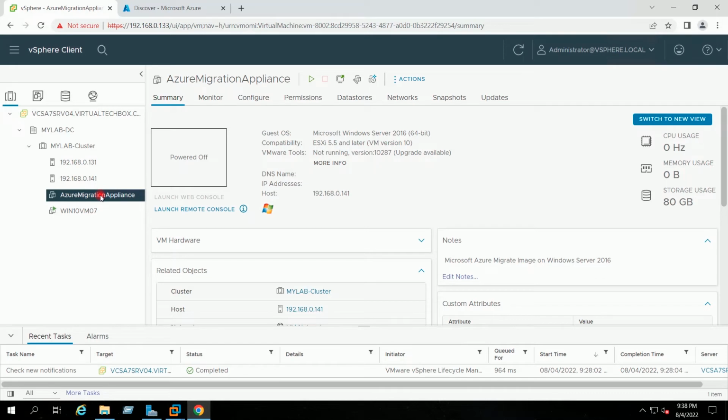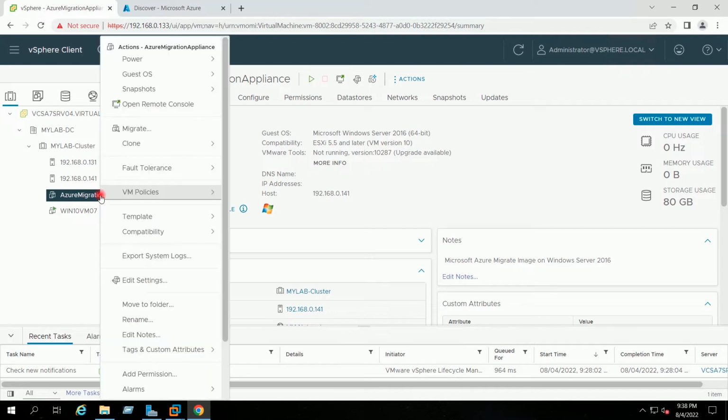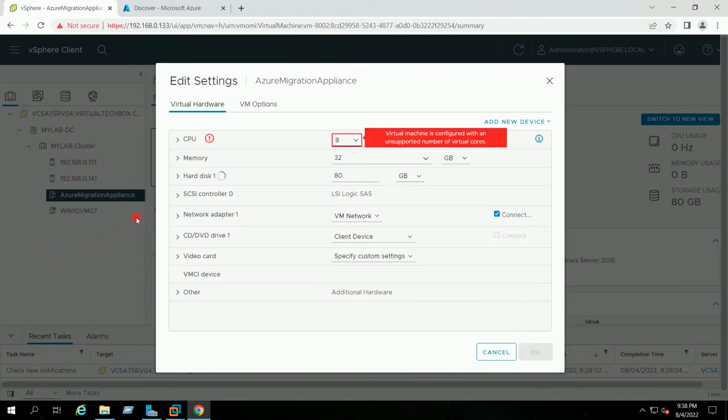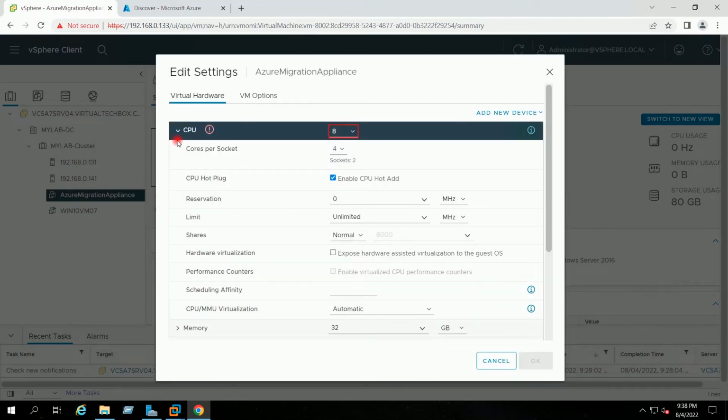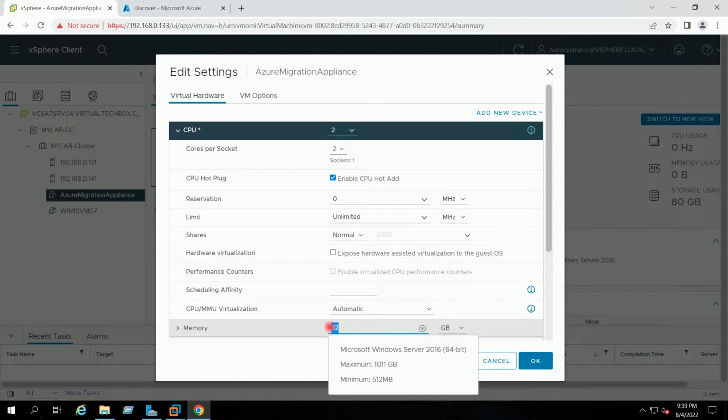I will right click on the appliance and go to edit settings. I will make the vCPU as 2. As you know, this is my lab setup and I have fewer resources available, so I am reducing the resources of the appliance.